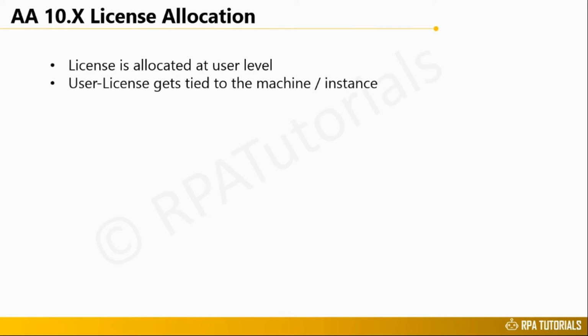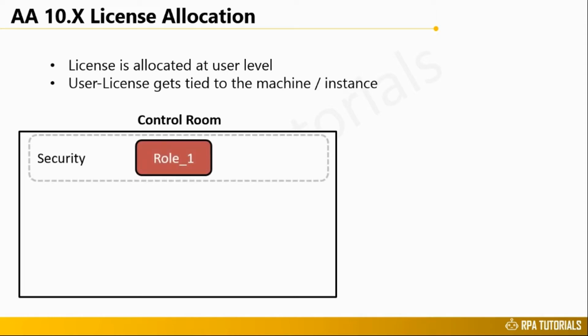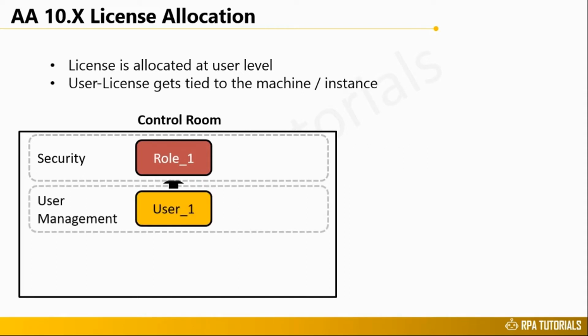In 10.x, a license is assigned to a user and gets tied to the machine on which it first logs into the Automation Anywhere client application. Let's now see how this happens. Before allocating a license, you need to create a user. In order to create a user, you need to define a role and its associated permissions in the security section of the control room. After role definition, you create a user in the user management section of the control room under